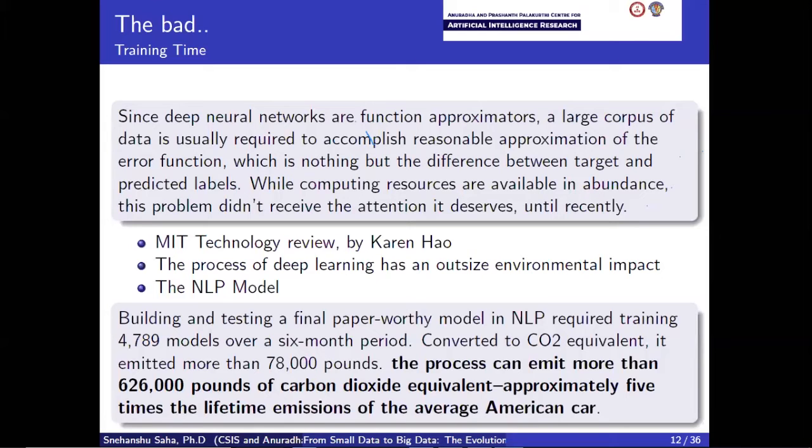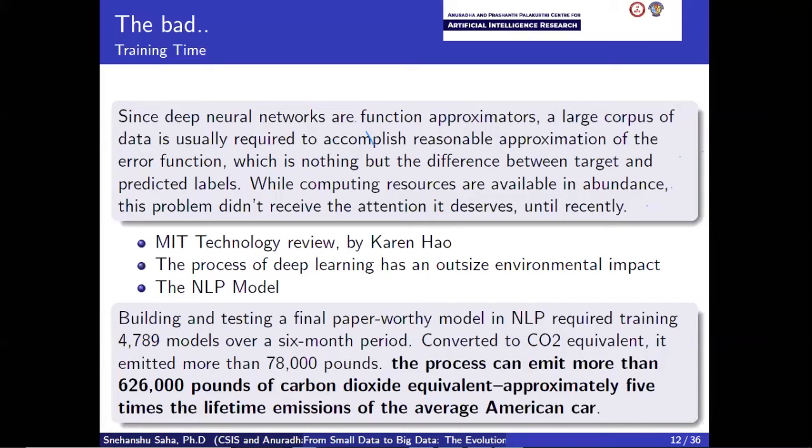But along with computer vision and image processing data sets, there have also been a lot of text data, really natural language data, like a lot of tweet processing, LinkedIn posts, and so on and so forth. There are interesting problems such as hate detection, and can you detect terrorism activity from tweets, right? And in order to do that efficiently, you have to process a really large corpus of data. So typically the state-of-the-art natural language processing models have a very long training time. But what is the cost of this?